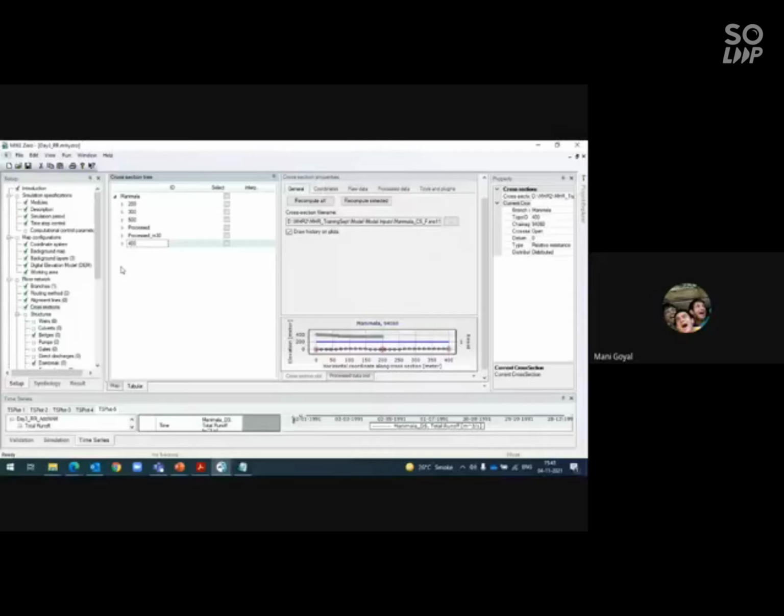Now you go to tabular view. Now this will be under 400. You see 400. So you can generate perfect cross sections for me, and you put it under your processed cross.